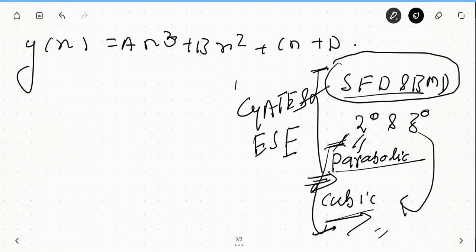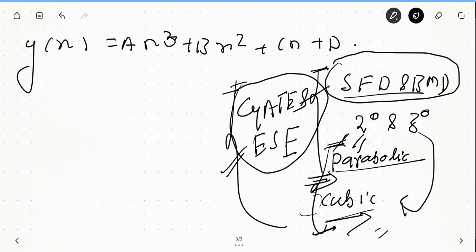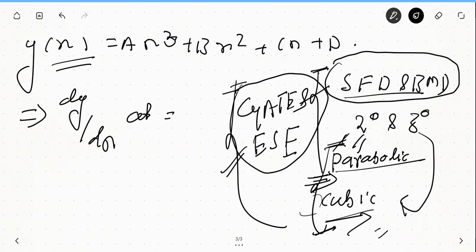So let's stick to these two only, and don't put your mind in excess of this, because this exam contains a huge syllabus and time is low. So now, how do you find the slope? If anyone asks, find the slope of this curve at a particular section, which means find dy by dx at x equals 5 unit from origin, then what will you do?